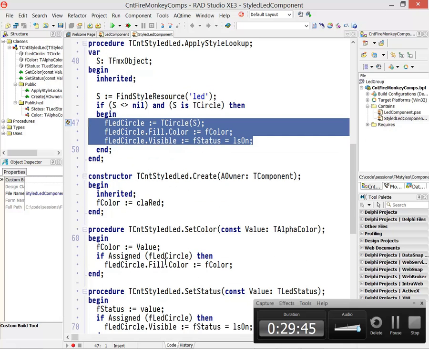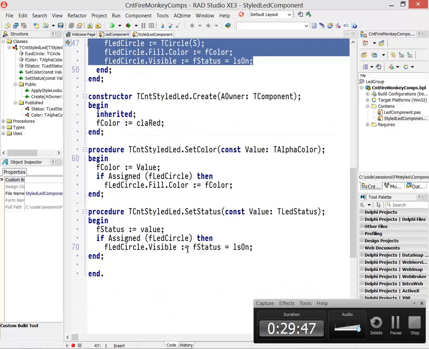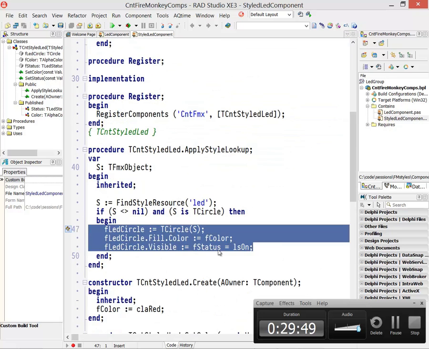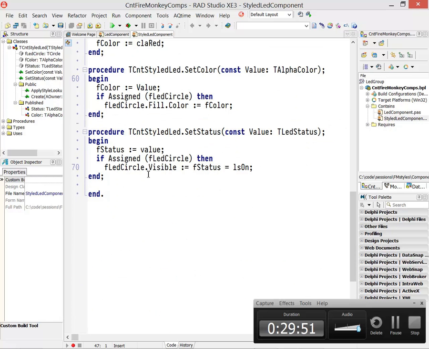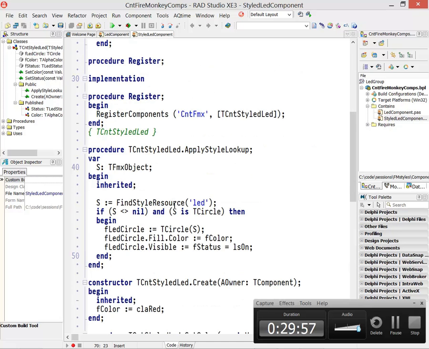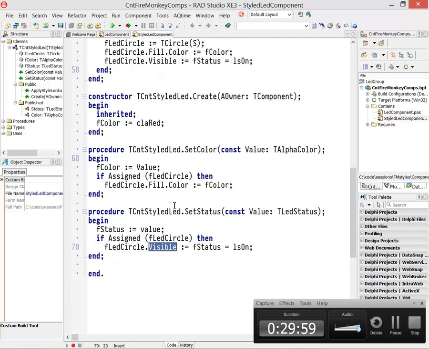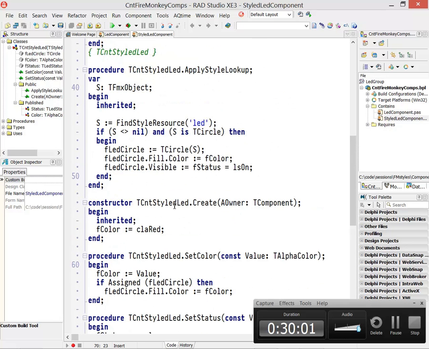So then we're later going to either change its color or its status, turning it visible or non-visible, and use the status to turn it visible or not. It's a completely different approach. And again, if we look at this control, there's no painting and there's no internal structure. We don't know if there is only that circle or other elements that are part of the